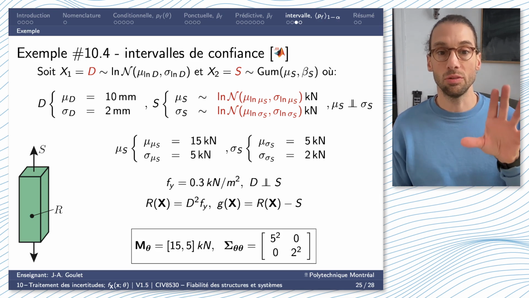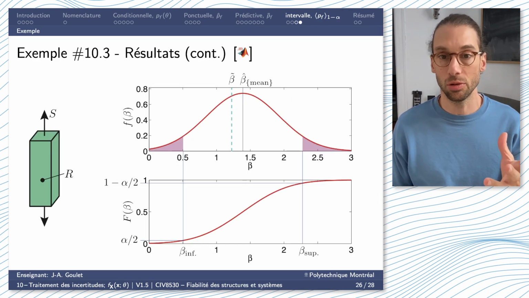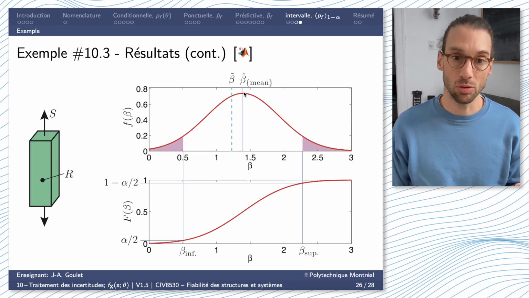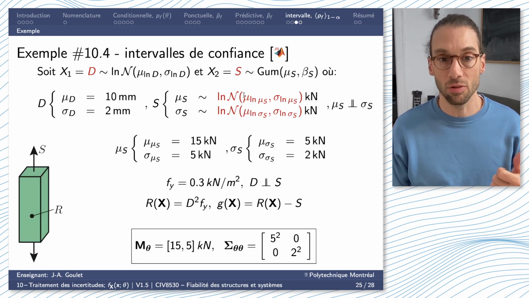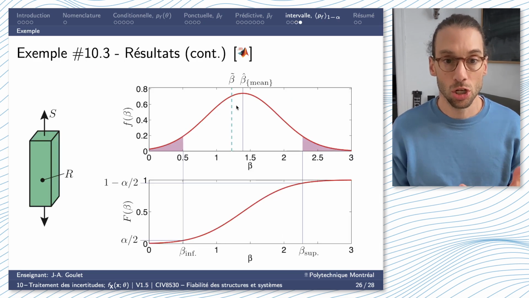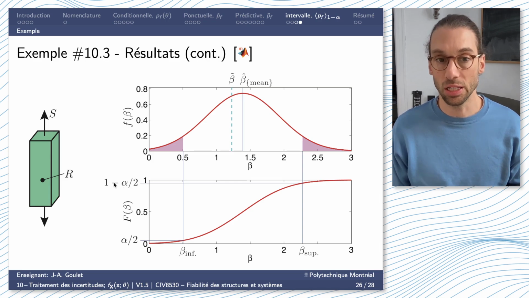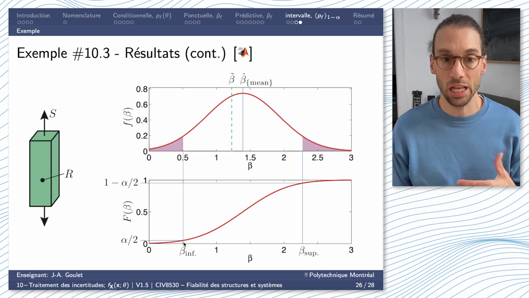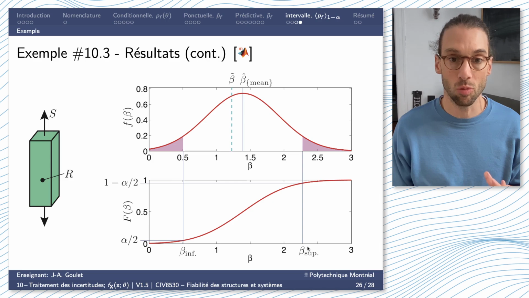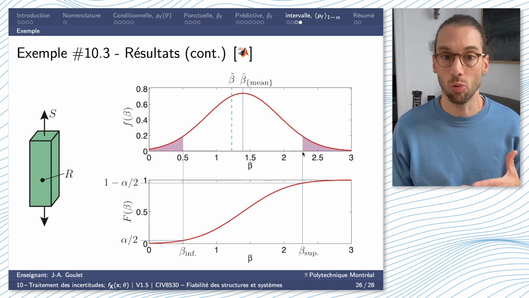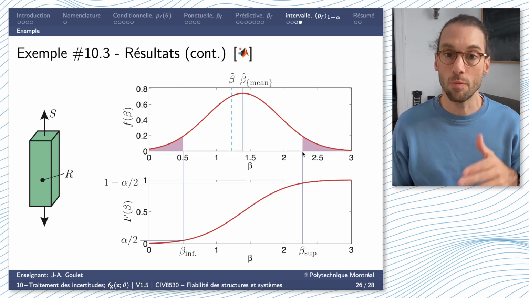So let's look at it visually with the same example we had previously. How will this turn out? We already computed previously the mean of beta and the standard deviation. And if we fix a level of confidence that we want to reach, in this case, I don't have the number, but it's most likely 0.9 or 0.95. If I choose 0.95, I'm going to take the 2.5% top values and the 2.5% bottom values, and look at the lower and upper bound on my betas. In this case, my beta could be somewhere between 0.5 and 2.25 to include a 1 minus alpha level